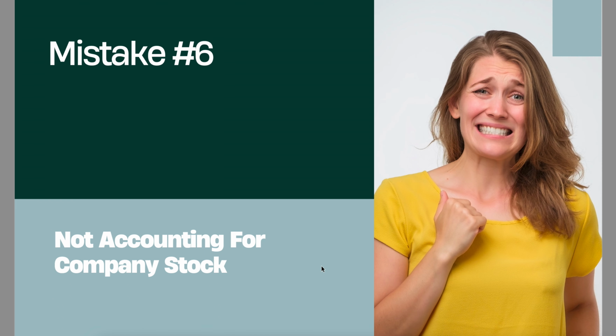Mistake number 6, not accounting for company stock. So many employer-sponsored retirement plans offer either stock purchase or stock option plans, or they might have something that's known as restricted stock units, or RSUs. And those are becoming increasingly popular with companies who don't want to just give away stock, but they do want to use it as a financial incentive